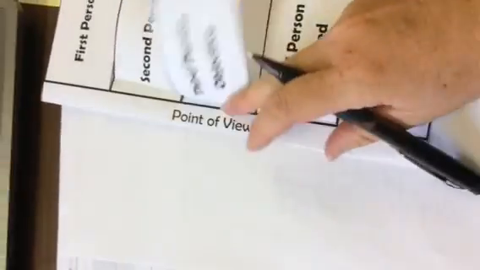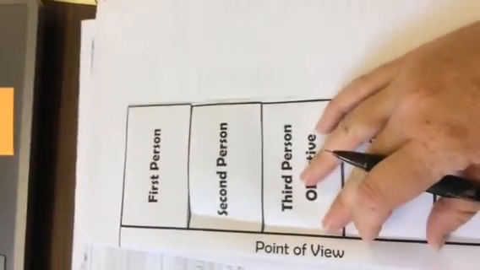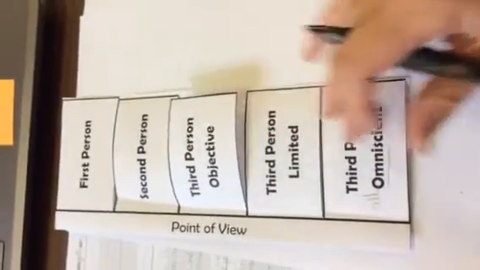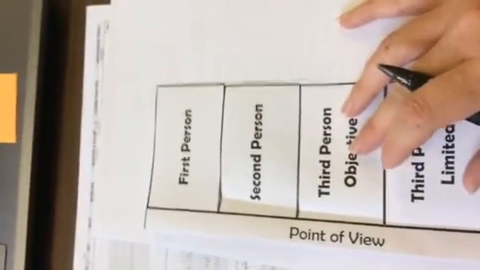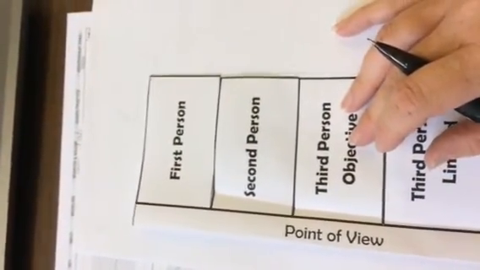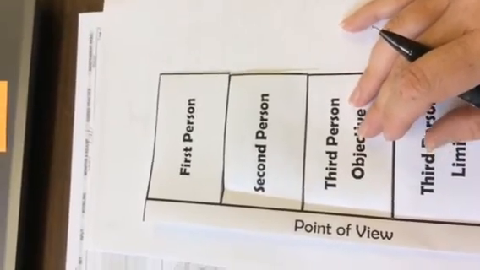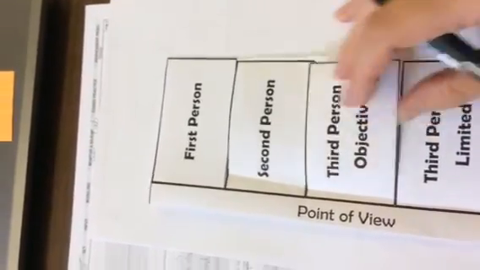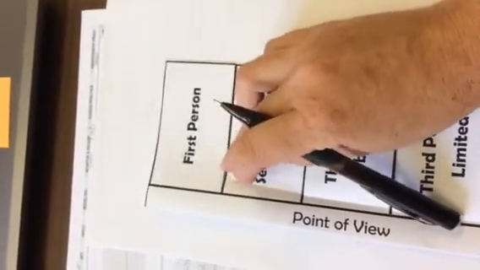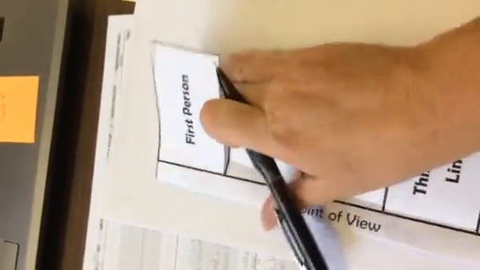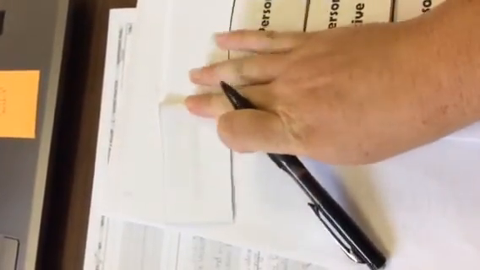All right, so that leaves us with first person. We've done second person, third person, third person, third. Okay, so first person. I really don't think that I even have to give you an example of this. You all know this one. This is probably the first one you learn. It's one that you resort back to. It's the most popular. First person is when you're going to use the word I. You are the one telling the story. You're the one acting in the story. We definitely know what you think, what you feel, what you're doing, what you're saying. I mean, we pretty much know everything about you.